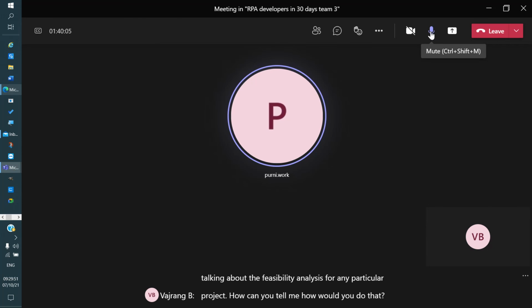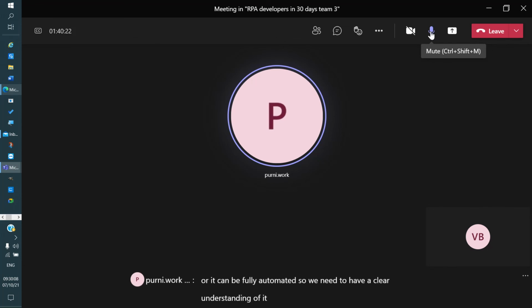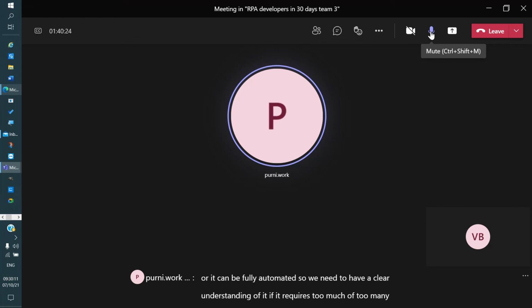So firstly, when we look at a project, there are various concepts that we need to consider. One is whether the process itself can be automated, or it can be semi-automated, or it can be fully automated. So we need to have a clear understanding of it. If it requires too many human interventions or handwritten documents or too many intellectual contributions within the organization, then that part is best left as it is at the moment.